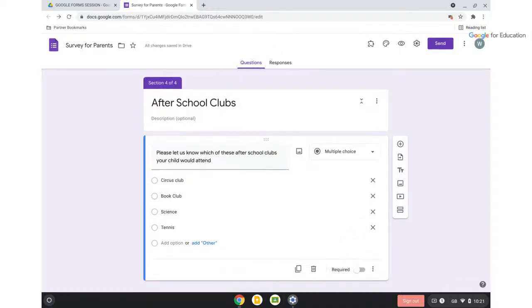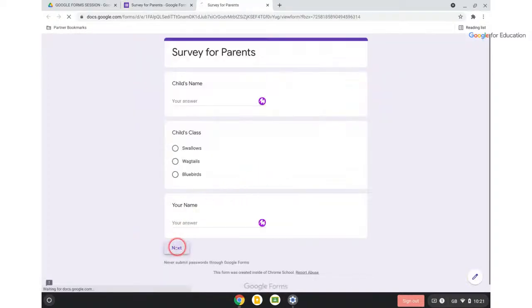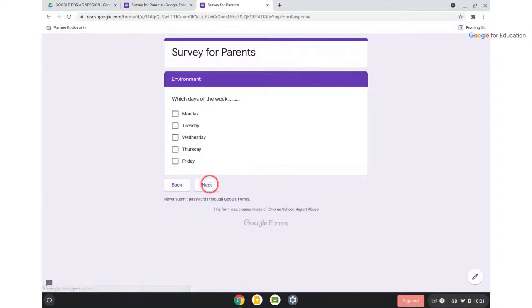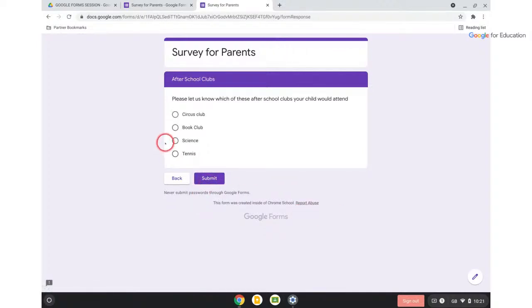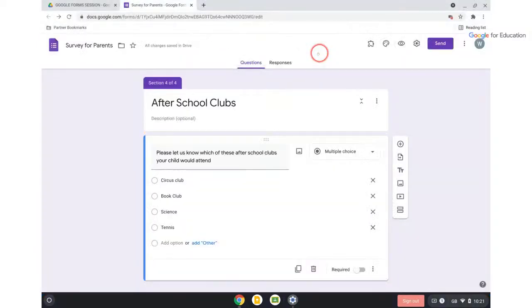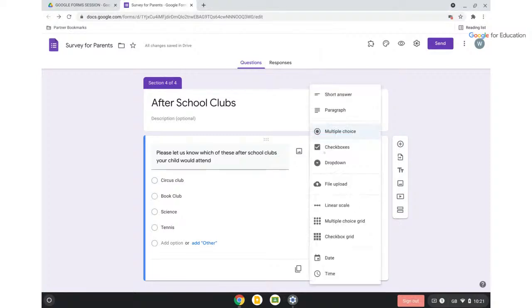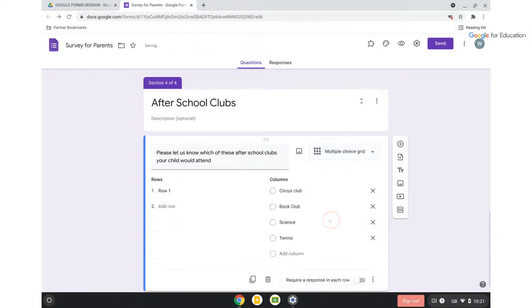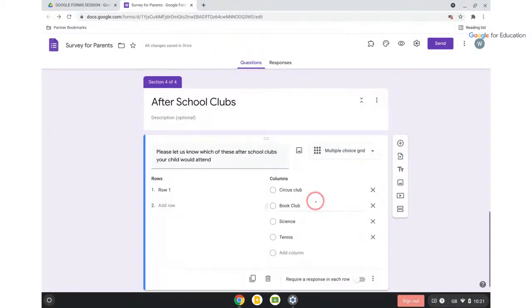We could just put the multiple choice like that if we wanted. That would be an okay question. Let's look at what that actually looks like. Got to get to the section. So that would just be a simple multiple choice, but that only lets people select one. I could have made that a checkbox question, but I'm going to show you a different type of question. We're going to use a multiple choice grid, and a multiple choice grid is really nice